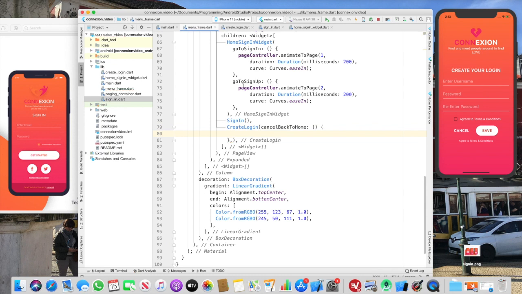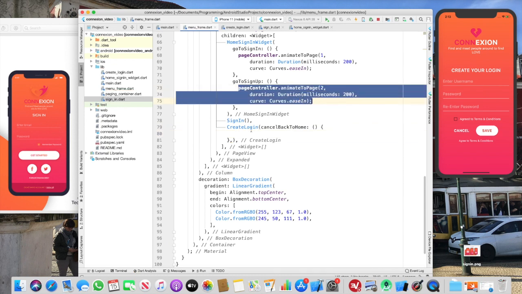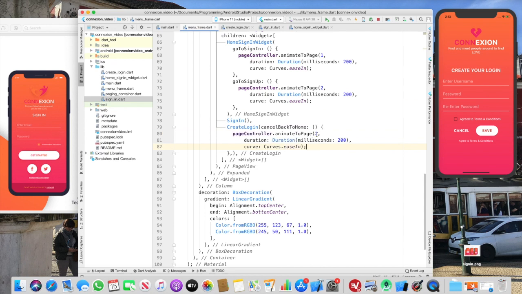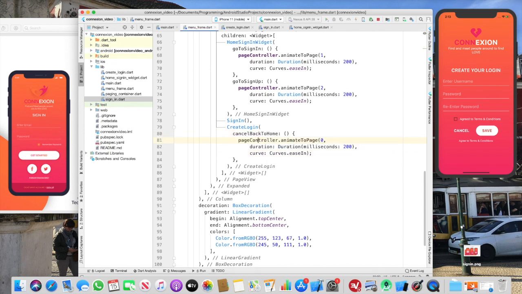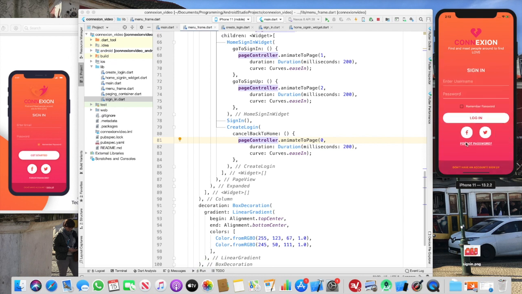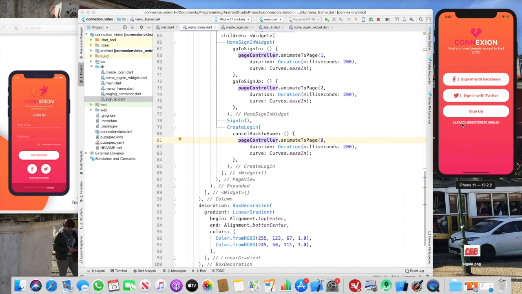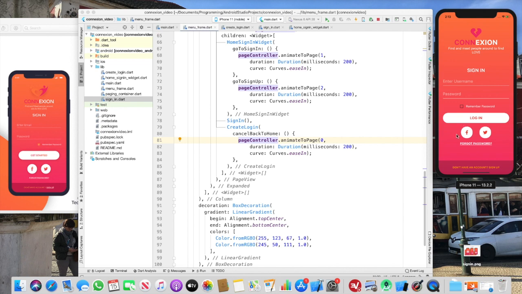Then we just copy this again. Animate to page 0. See that? So already registered, sign in, sign up, create your login,